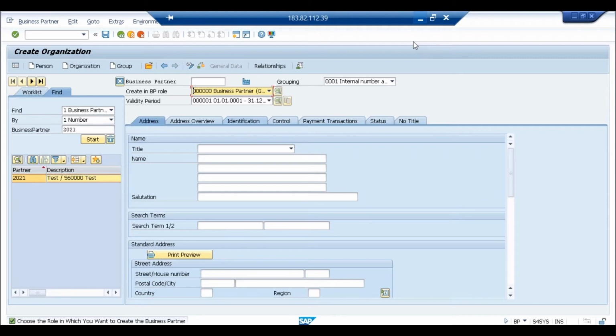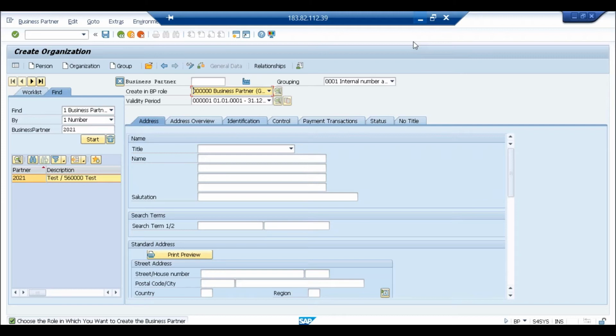Which table stores the customer information? I'm coming to it. How do we now maintain partner functions? I think you got the answer, Sharmila. Can I have a customer with different account groups? Again, you got the answer, I think. Will grouping control any of the fields? Yes, this is something which I need to discuss. Okay, let me just discuss that first.